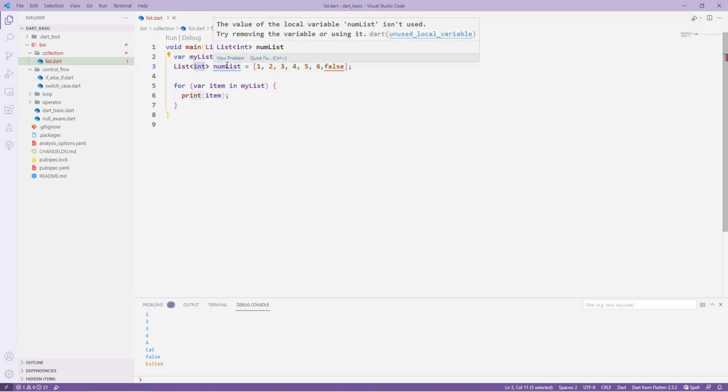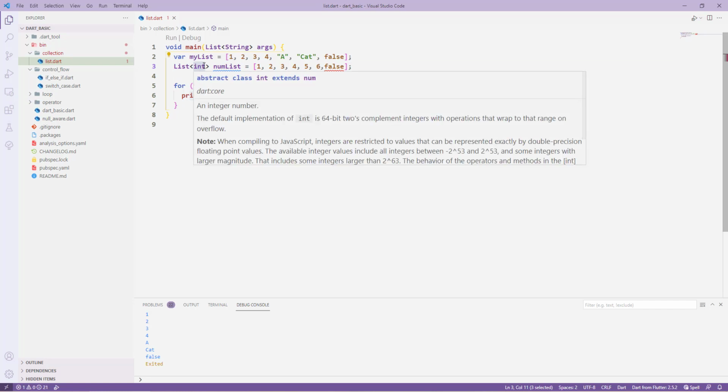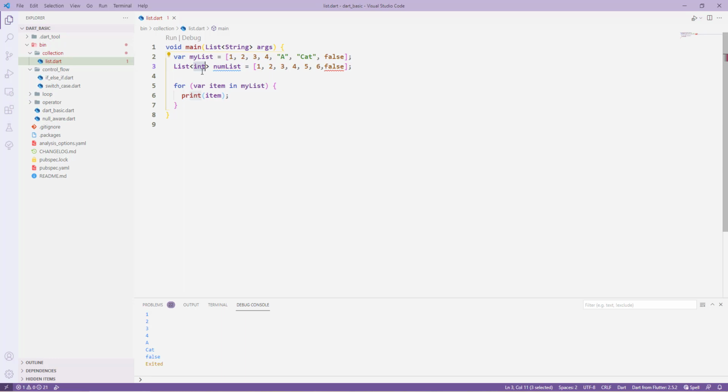So later in your Flutter development, or any other development where you want to use Dart, this is the type that you can mention. Like let's say if you have a person, or if you have a blog, or any other type that you want to specify, you can just specify over here. So List, and this is a generic type, and then we pass in the type of the object that we want this list to be. So I need to remove this one,